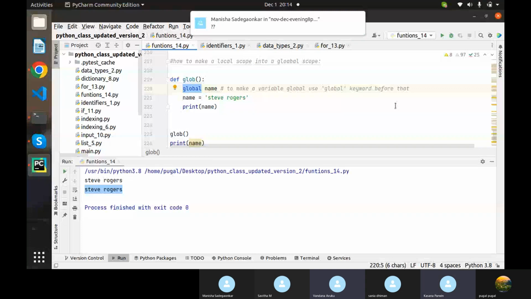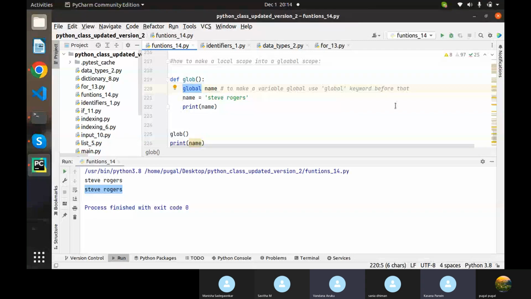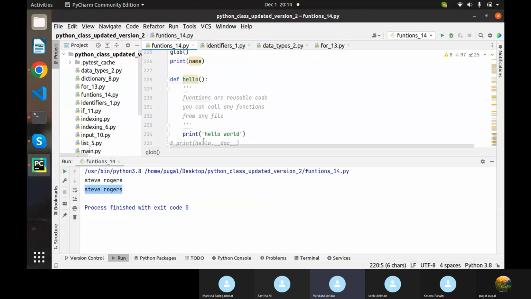I told you we can access a local scope variable even outside the function with the help of the global constructor. Yeah, so that's what it means. And following that,